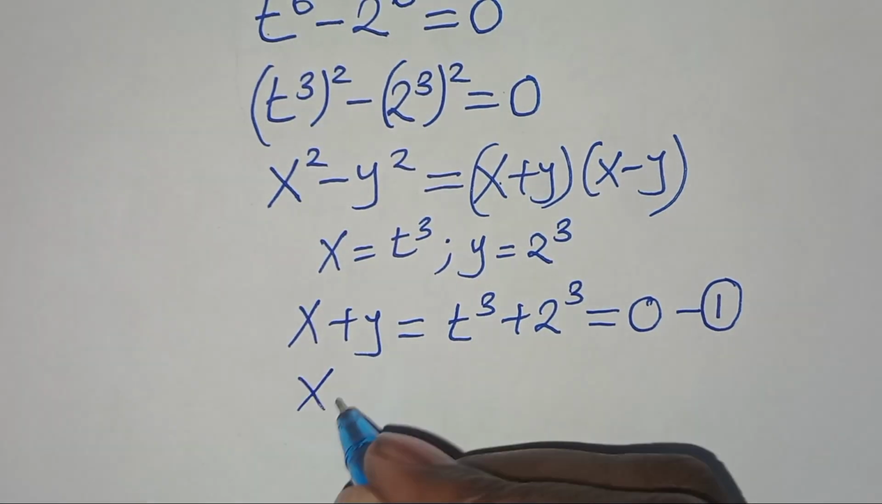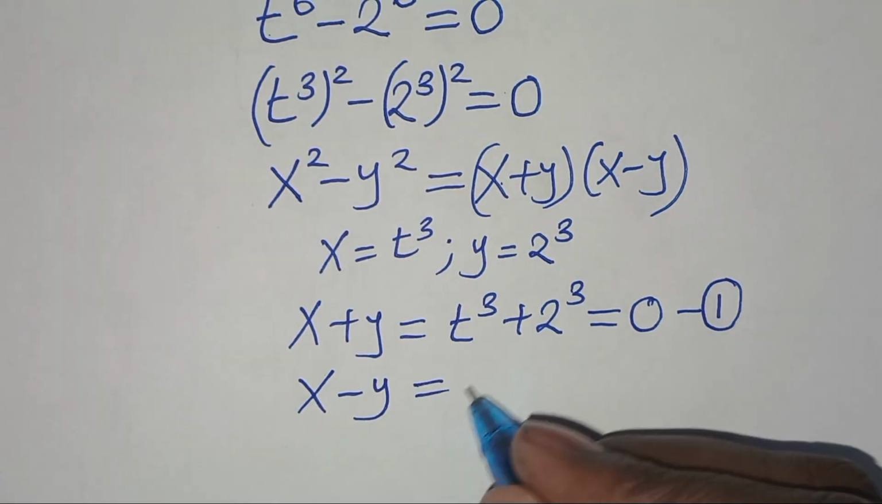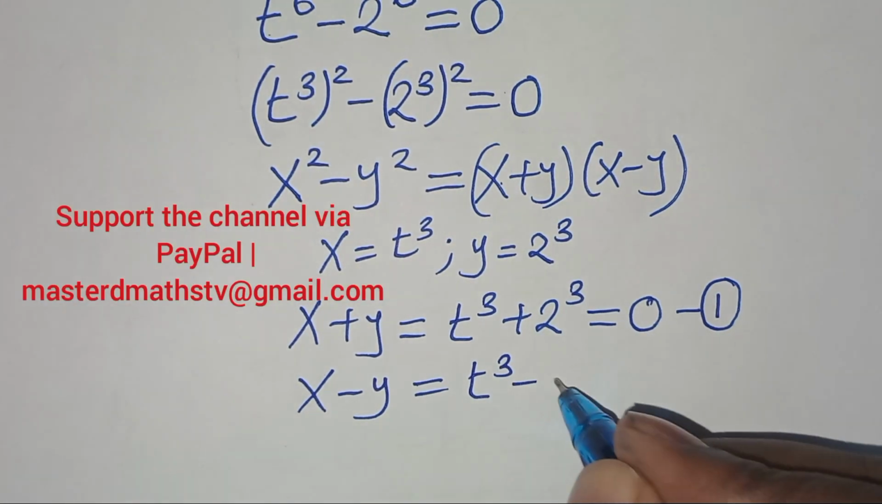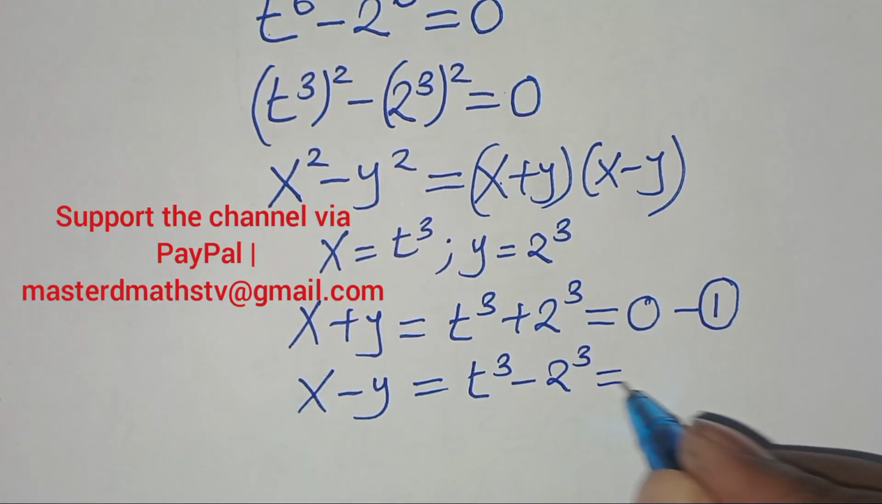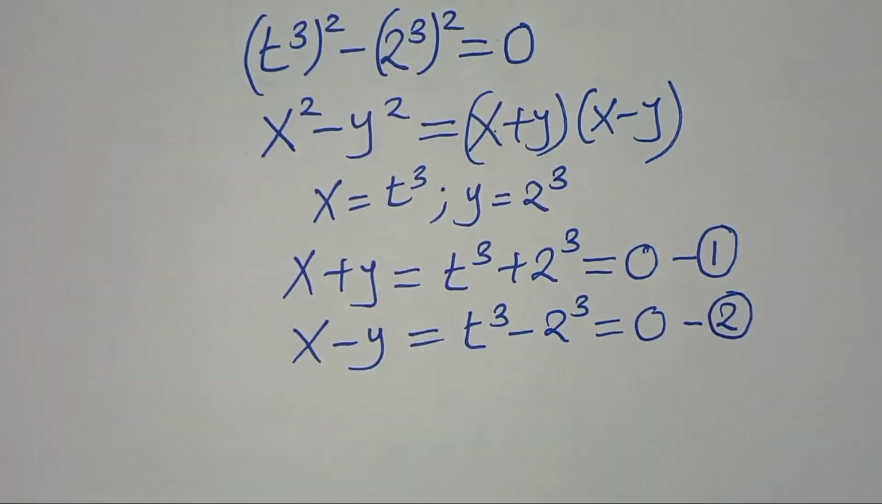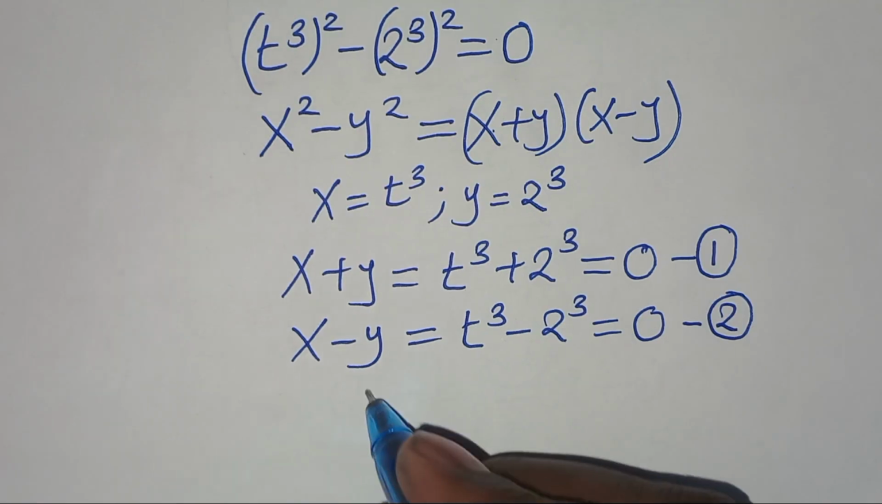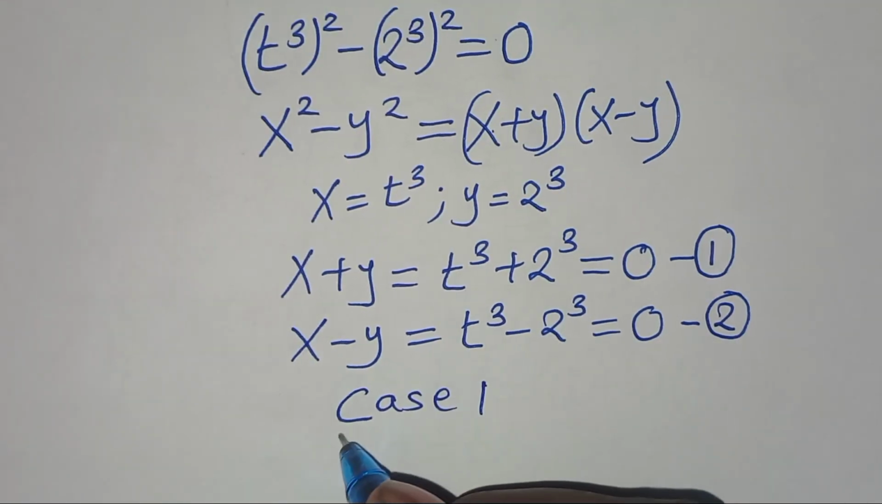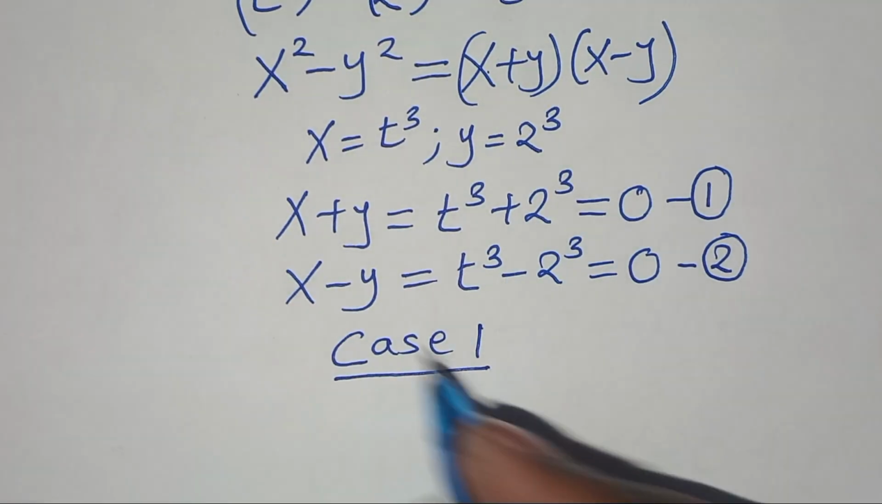We have x minus y. This is equal to t to the power 3 subtract 2 to the power 3. This is equal to 0. Let's call this equation 2. Now let's start with equation 1. Let's call this case 1. So in case 1, we have t to the power 3